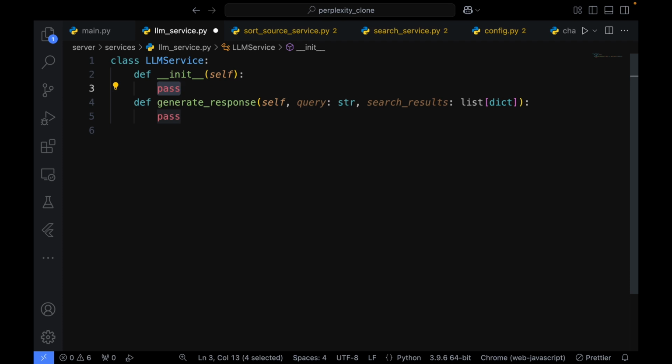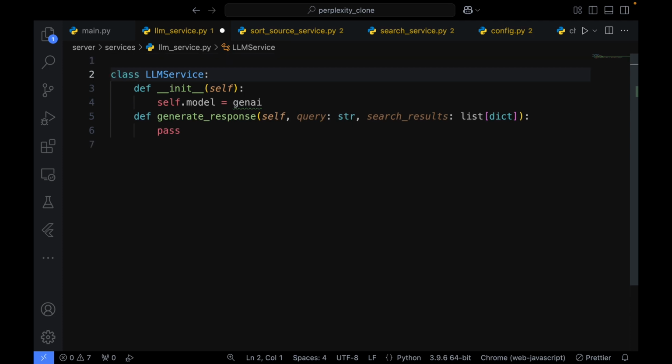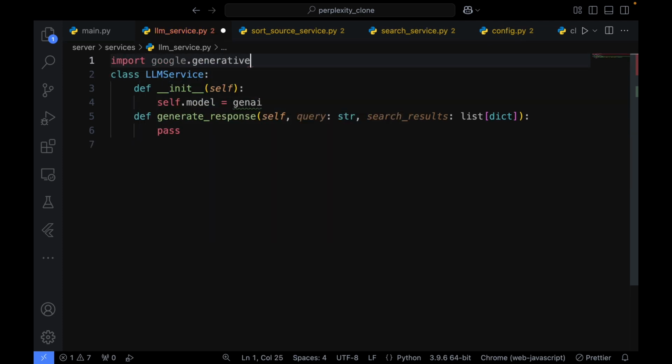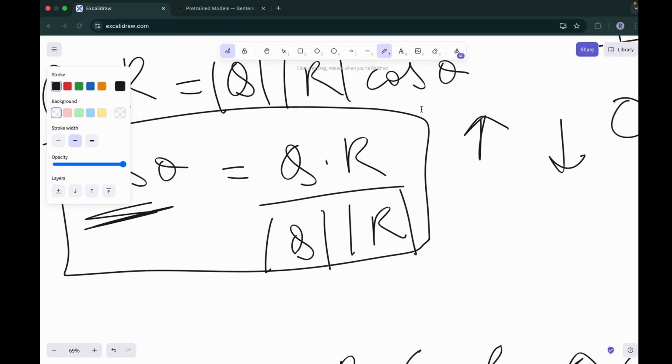So we are going to have self.model equal to generative AI, and we're going to import that at the top. So we'll have import google.generativeai as genai, and then we can just do genai.GenerativeModel and pass in the model name. There are a bunch of models you can use, but if you want to know where to get the latest one, you can just go to